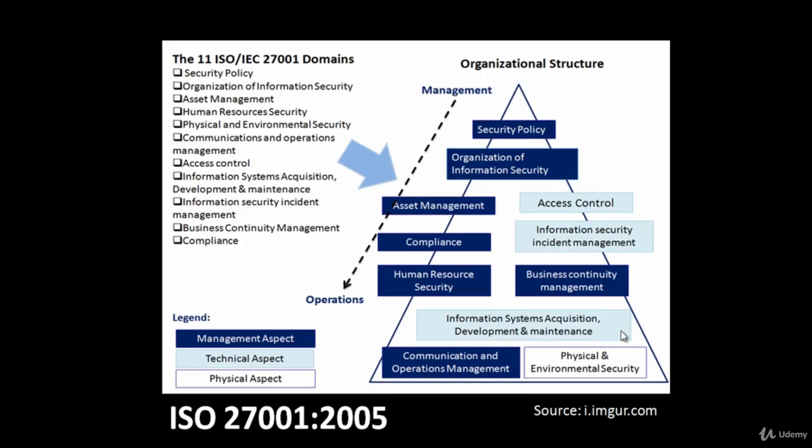The domains covered here are security policy, which governs the overall documentation of the organization's security; organization of information security, which defines the structure of information security implementation and its various aspects; asset management, which manages organizational assets; human resources security, which covers security of organizational manpower; physical and environmental security, which facilitates physical perimeter based security parameters;